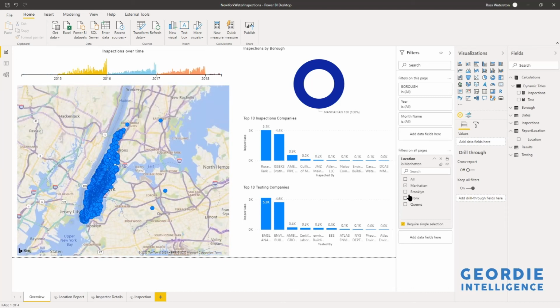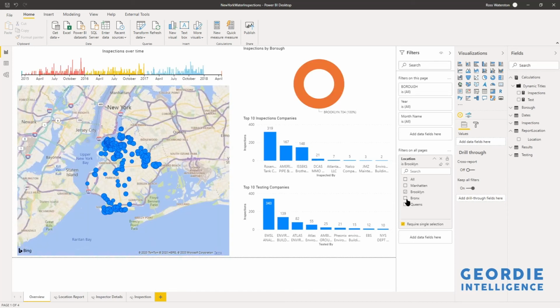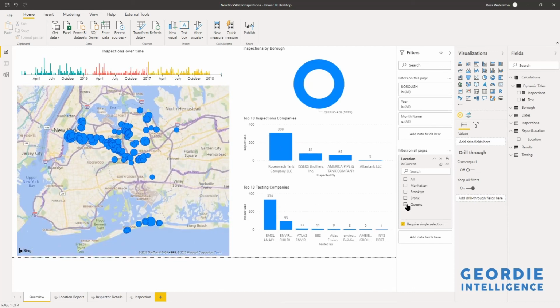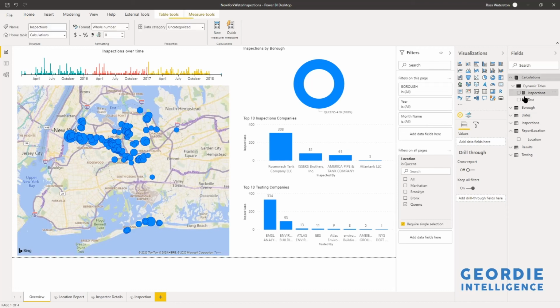But you can imagine, we're talking about Manhattan. What's going on in Manhattan? How are the water inspections doing in Manhattan? The next day, we need to do Brooklyn, the Bronx, Queens. Having this makes it really easy to deal with. And all I've needed to do is have a single measure, and all the rest is taken care of by the calculation group. So if we were to write time intelligence versions of it, which would be quite easy to do,